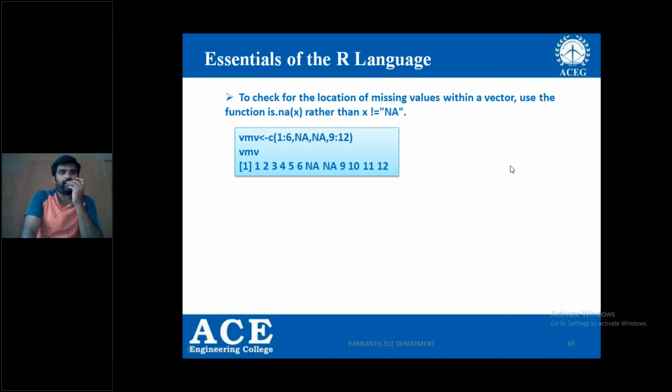And if I would like to know where the missing values are in the density function representation, you can check for the location of the missing values within the vector. The function you need to know is is.na of x, rather than x not equal to NA. If we try x not equal to NA, it will give the result for a small vector, but the best way is to use is.na of x, right?